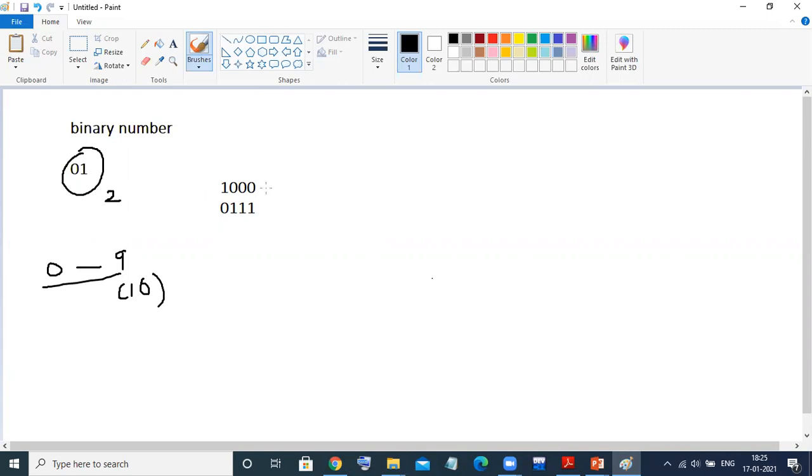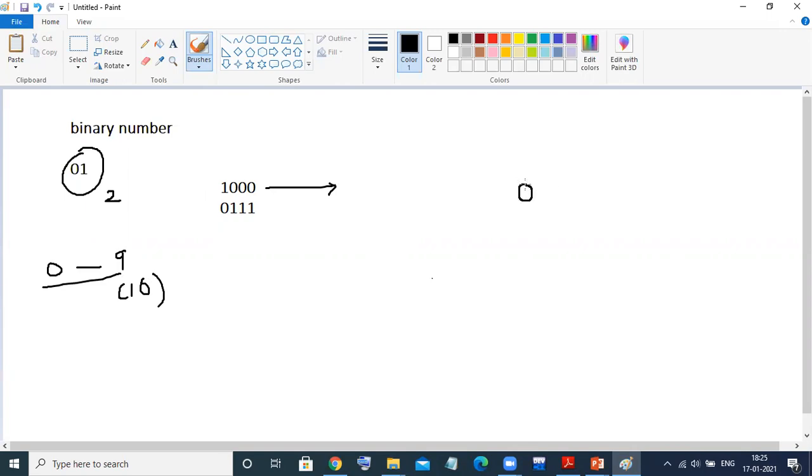So we'll convert this number into a decimal number. How to do that? Whenever you have a binary number and you need to convert it into decimal format, we start from the rightmost digit, that is 0.